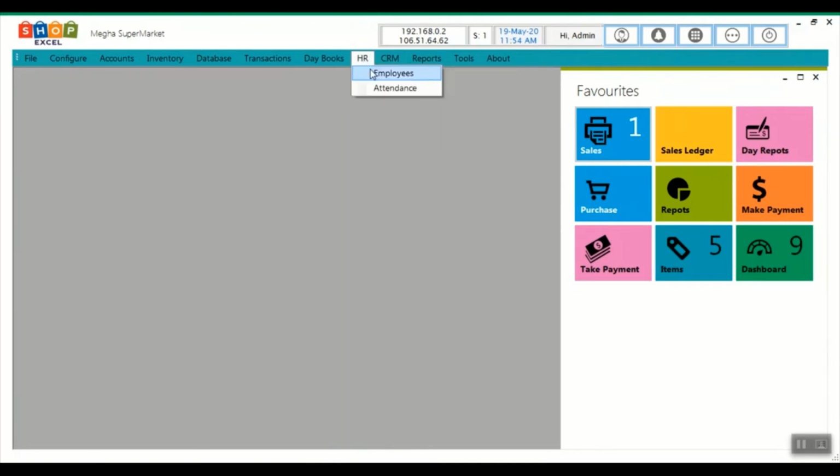You can create your employees over here, and we have a good feature over here. If you configure the SMS in our software, you can directly send promotional messages from the software directly to the customer. You can send a single SMS, group SMS, you can even send a mail also.